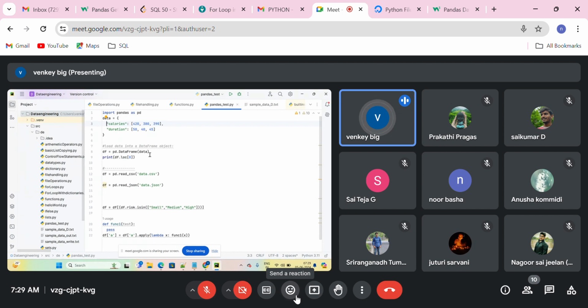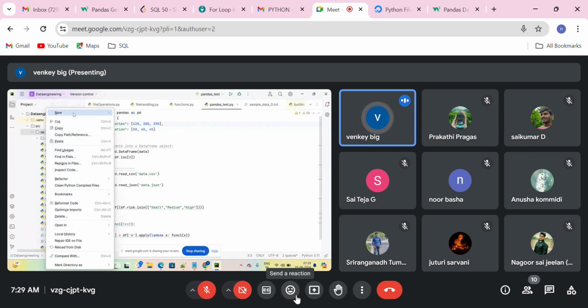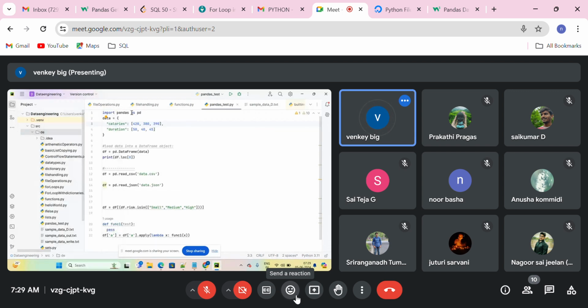So today we will see how to read a CSV file into a Pandas data frame, and how to do some operations on top of it. So for that I need CSV files. So I'll try to create a CSV file here,